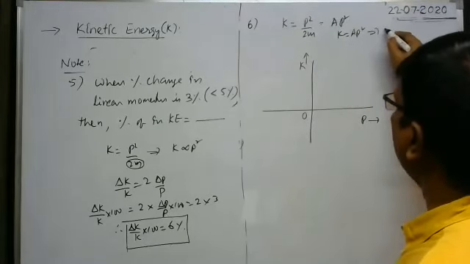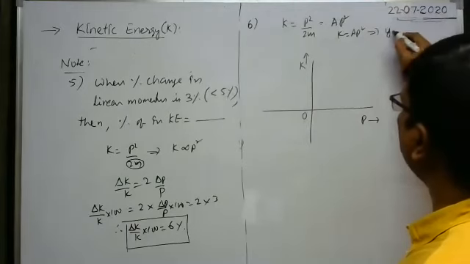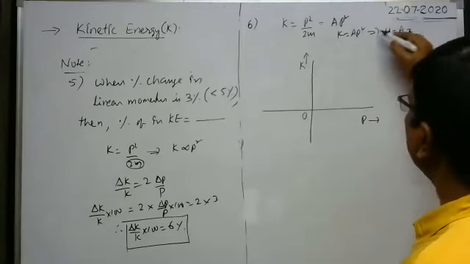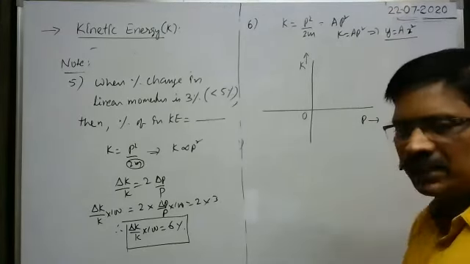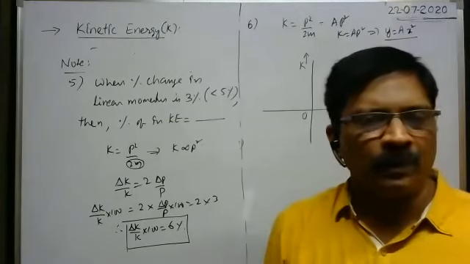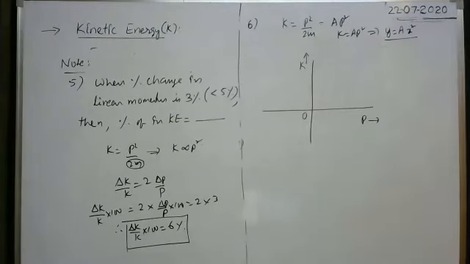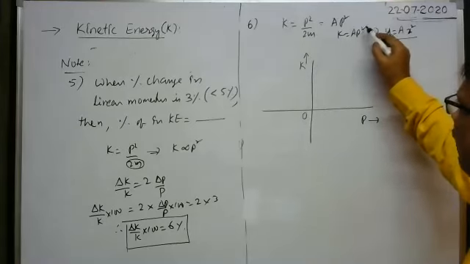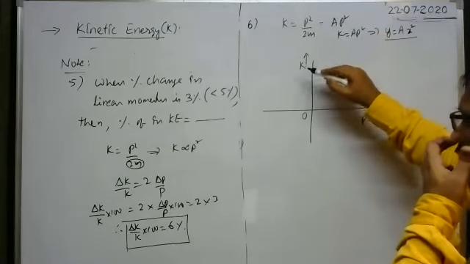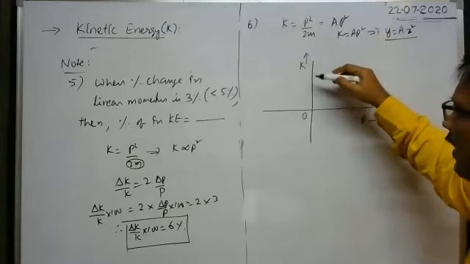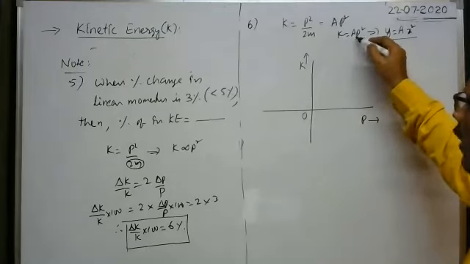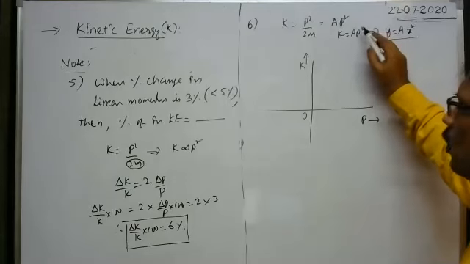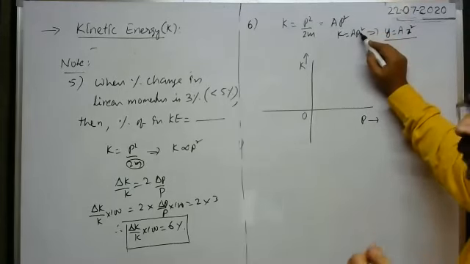It is just like K is taken along y-axis. That's why K is equal to y is equal to a into p, and p is taken along x-axis. That's why instead of p write x. Square is there, x square. So what is the nature of the graph between y and x? Parabola. Because there are two variables K and p, and in between K and p, one variable is having square. Here to draw the graph between K and p, first we have to obtain the relation between K and p. That is this one. So while drawing the graph, in between the two variables K and p, p is having square. So one of the variables is having square means definitely we will get a parabola.